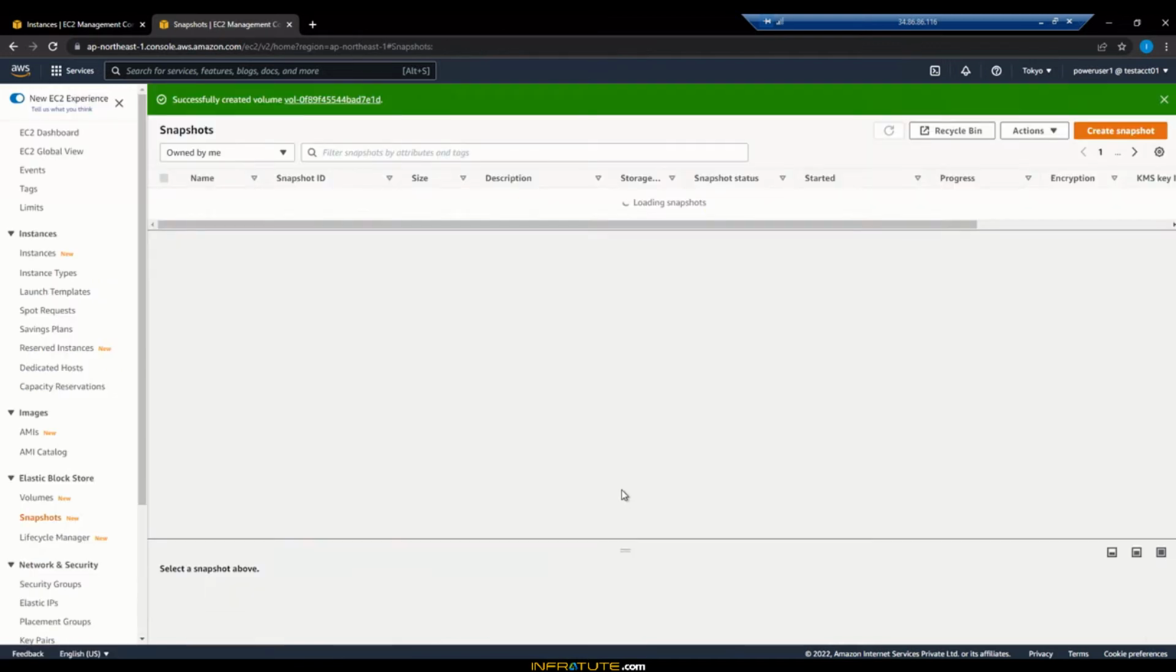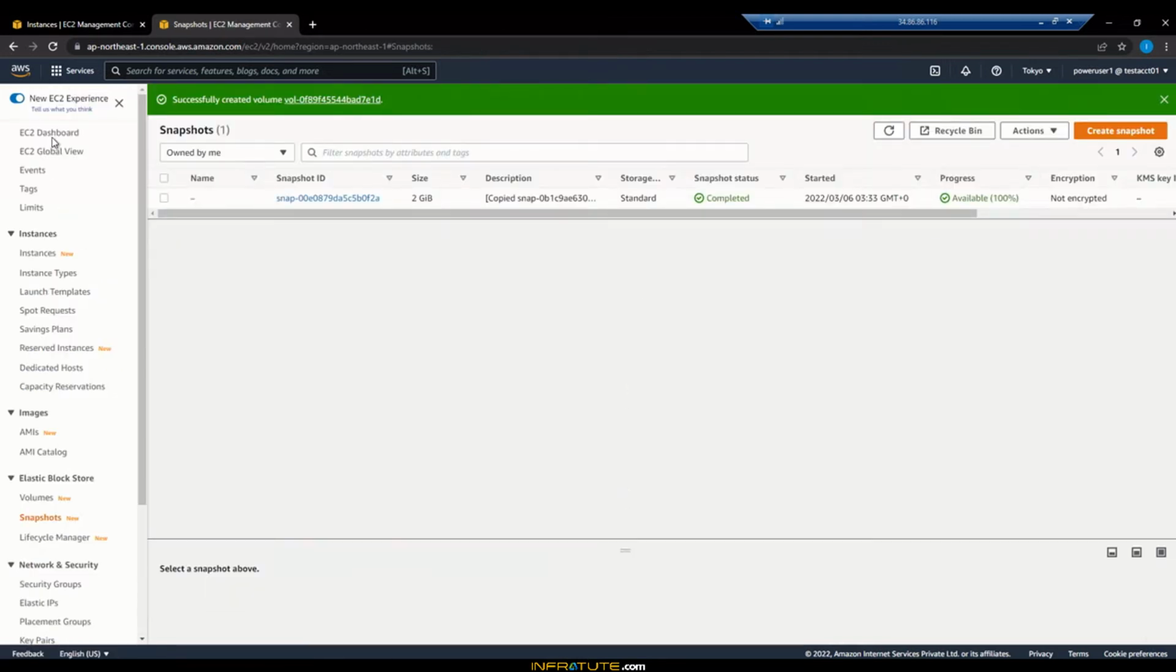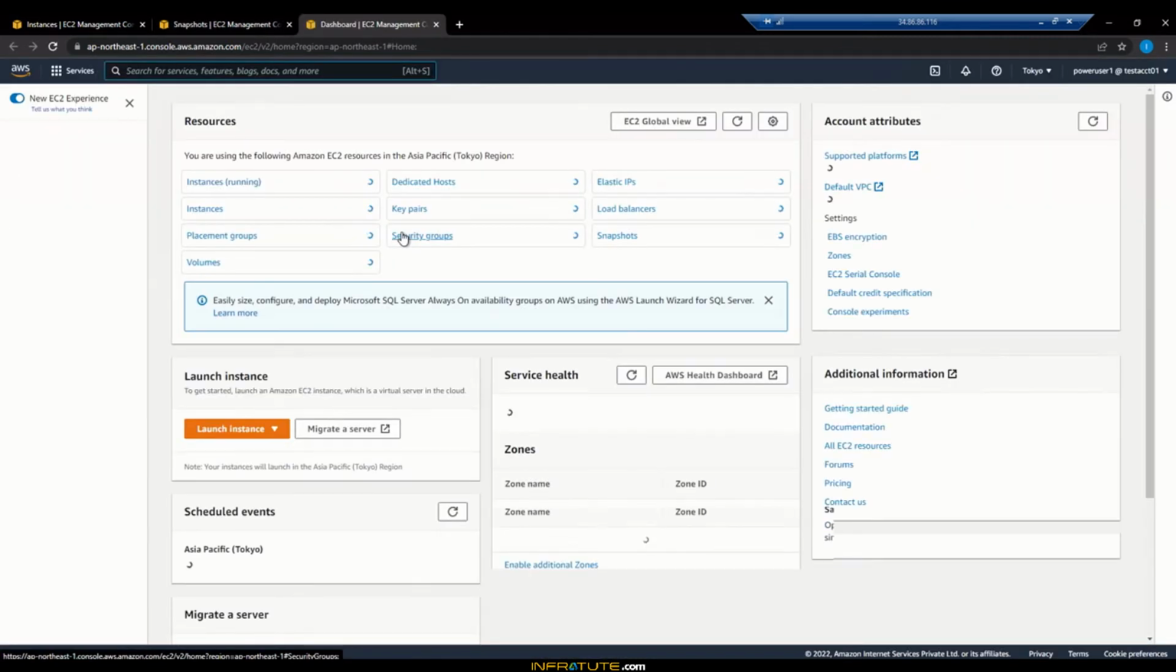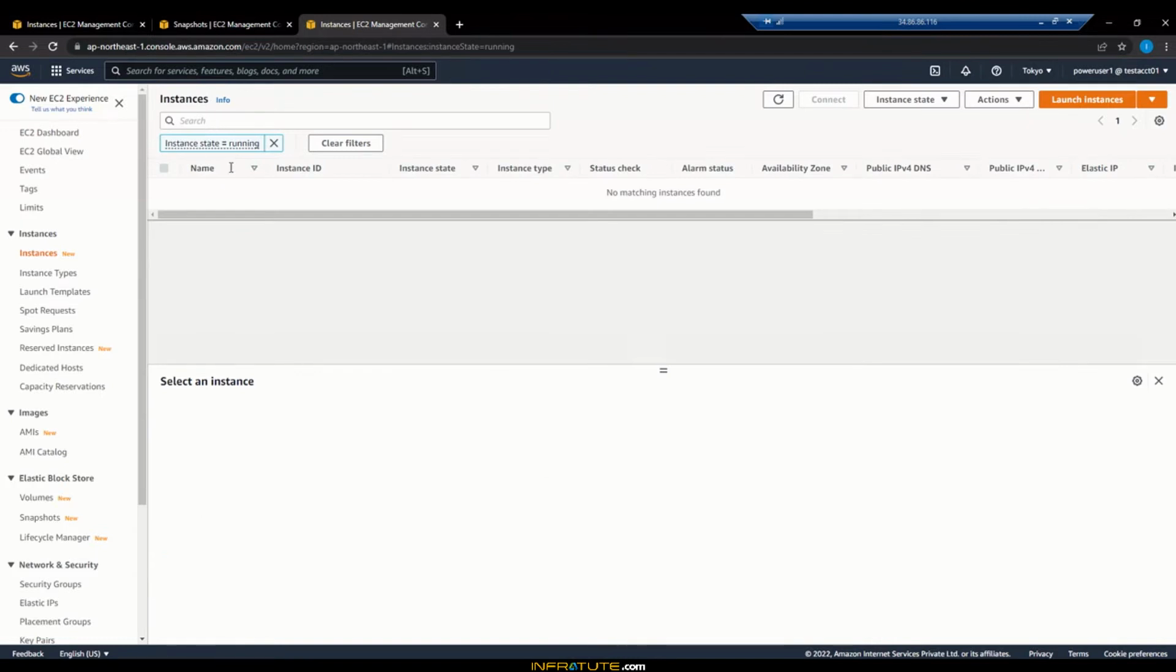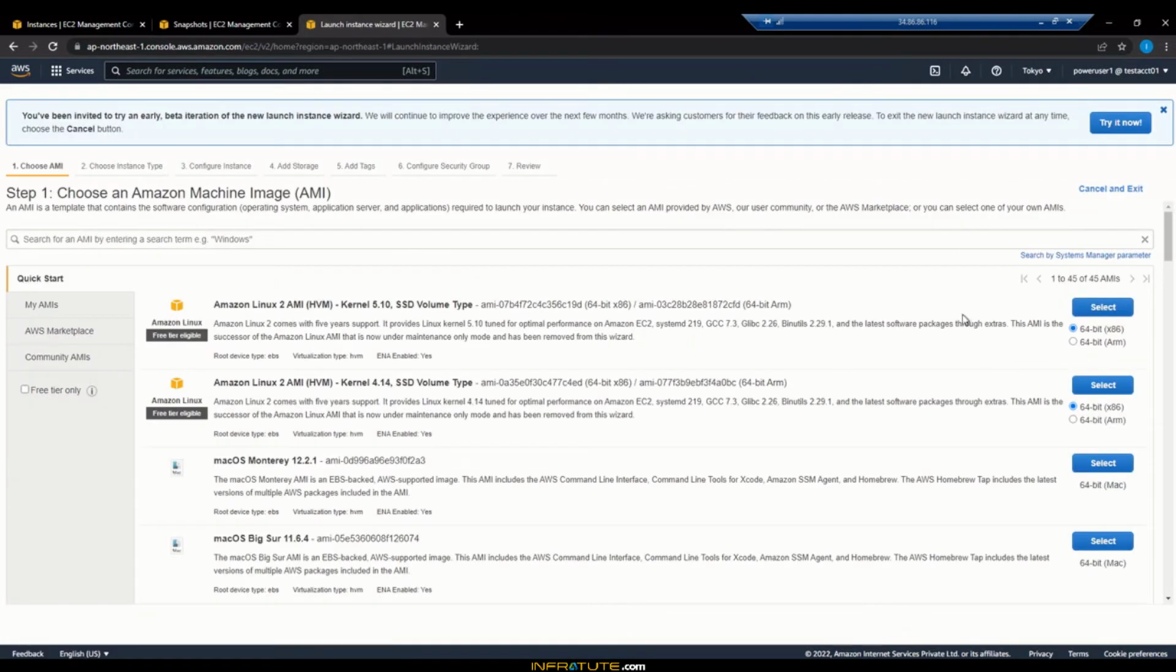Okay. So while the volume is being created, let's go and create an instance here quickly. All right, so we don't have any instance. There is no key pair at the moment. There are two security groups. Okay, let me click on create instance. There are no running instances at the moment. I'll click on launch instance, select,